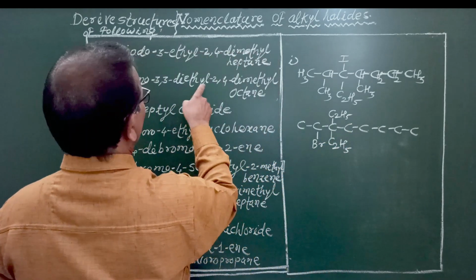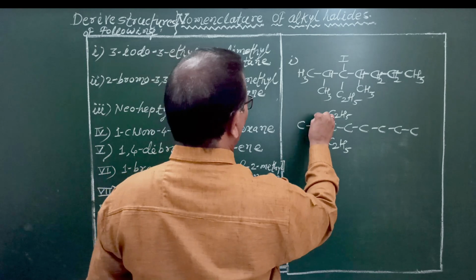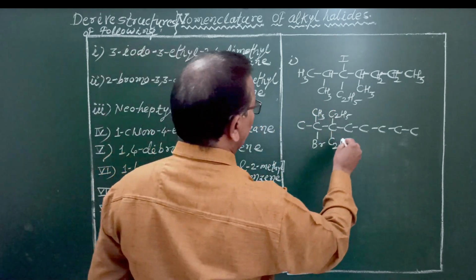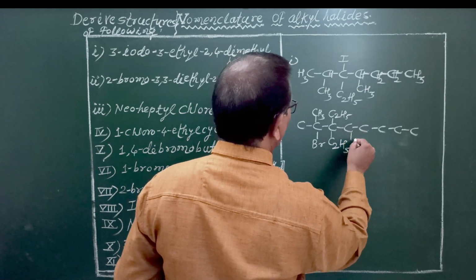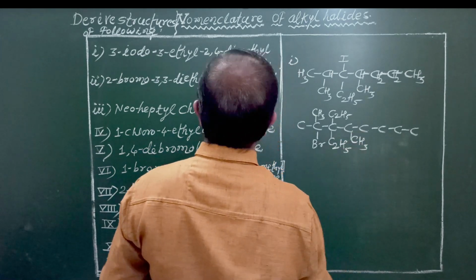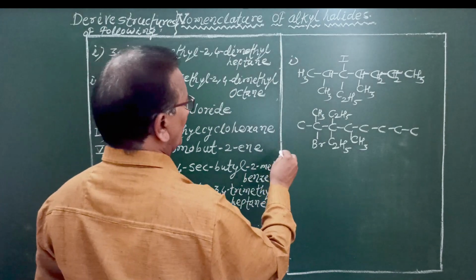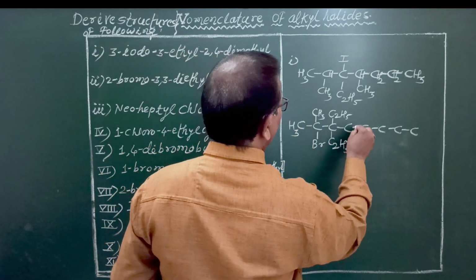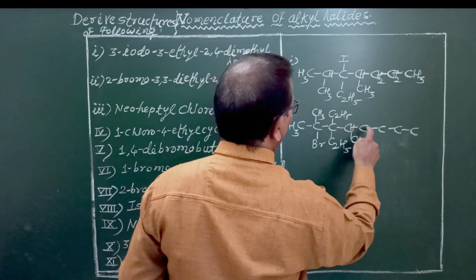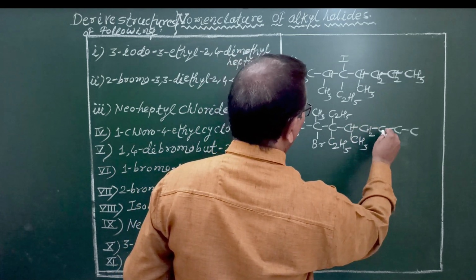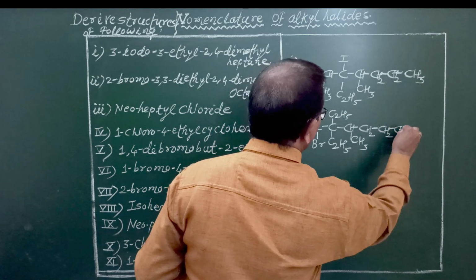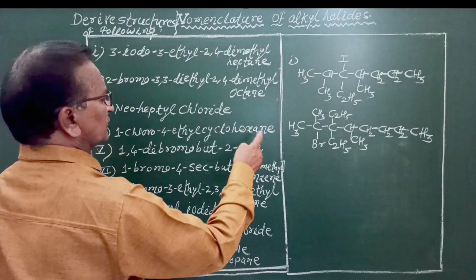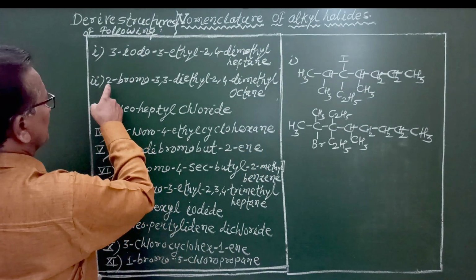And what about the methyl groups? One of the methyl groups is bonded to carbon number 2, that's why here 2. The second methyl group is bonded at carbon number 4. Here CH3 is there. And what is the last step? Joining of hydrogen atoms, so that the valency of each carbon atom must be 4. For this, only 1 hydrogen atom is required. For this, 2 bonds are there, therefore 2 hydrogen atoms. For this also 2. For this carbon atom also 2. And for this terminal, 3 hydrogen atoms are required. So this is regarding the structure of the second compound.